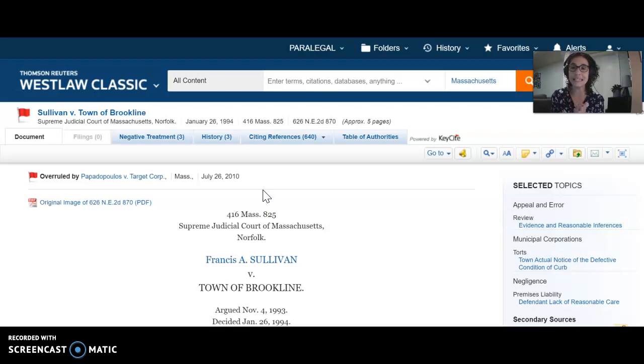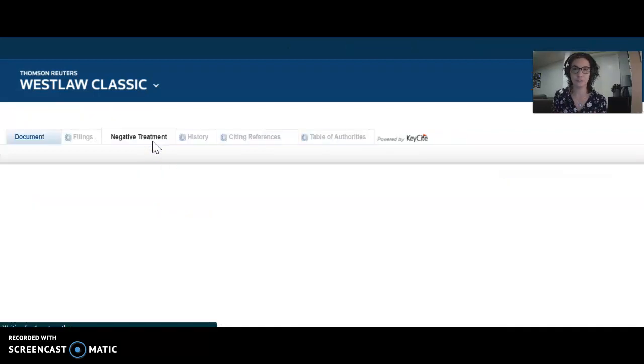And let's say Sullivan has another point of law that hasn't been overturned. You can actually still cite Sullivan. You just need to make sure you're citing it for a point of law that has not been overturned. I'll give you a little hint too. Remember the point of headnotes and how headnotes summarize all the points of law in a case? If we go to negative treatment,